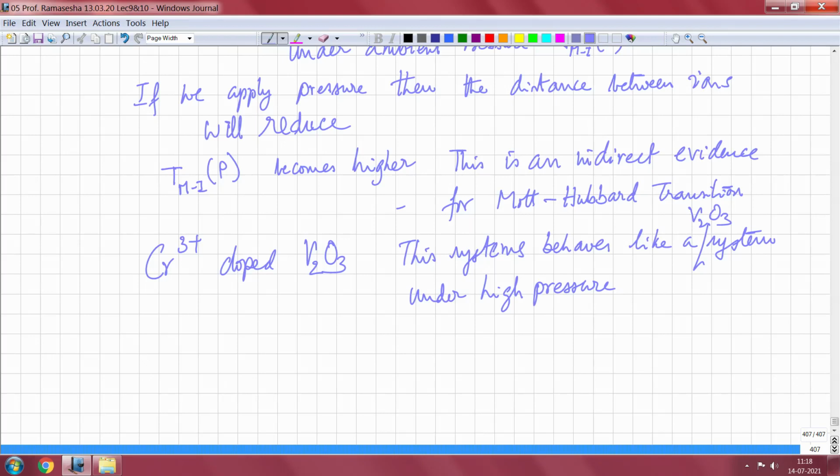So far we discussed the Mott-Hubbard transition and gave examples, indirect evidence for that one, and showed the importance of electron correlations. So, what I will do in the next lecture is to discuss what happens to the electronic states when you have electron correlations, and discuss a little bit about the results of the Hubbard model, and then I will go on to discuss some things which are beyond the Hubbard model, again model Hamiltonians, and which are applicable to insulators, and there we will see what kind of electronic states occur inside the band gap and why they are important. Thank you very much.